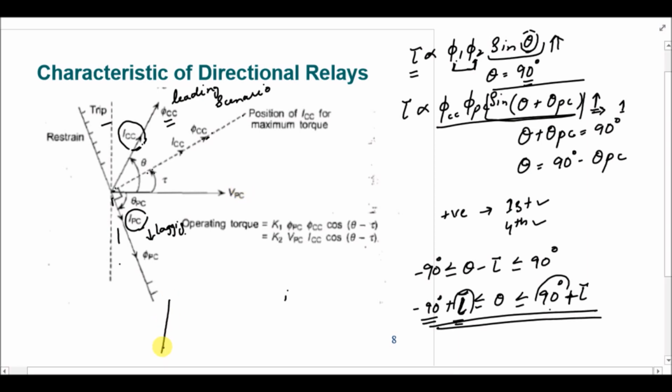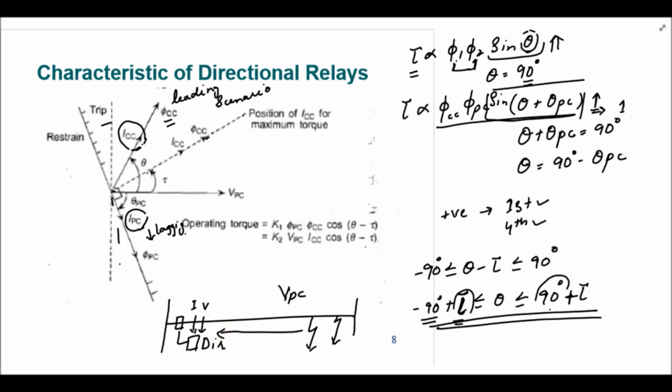Whenever we have a line, for example, this is a transmission line, and we have a circuit breaker here, we have a directional relay that is attached to this one. This directional relay will have some current value from the CT as well as the potential value, voltage V, from the potential transformer. So whenever we have a fault at this point, there will be some VPC value that is sufficient for the operation of the directional relay. But as this fault is moving towards the relay point, the VPC value will start decreasing,